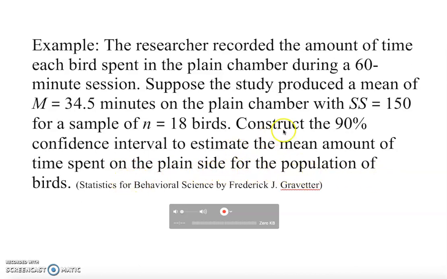Okay, so we are constructing a 90% confidence interval. Well, there is a formula for a confidence interval. It doesn't matter which formula table you look into. In any statistics book there is a formula table, and that formula table has a formula. So I'm going to put down that formula first here. So we're going to find out which formula we're going to use. So for example,